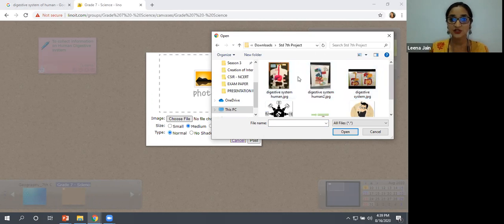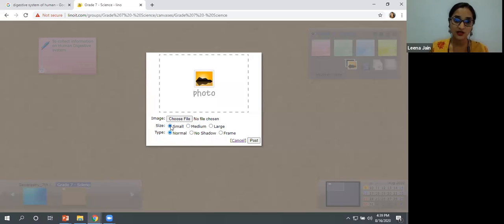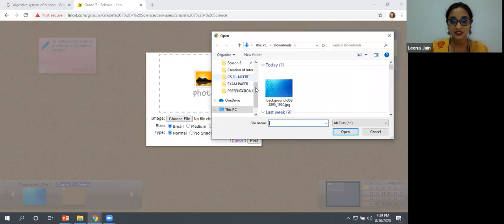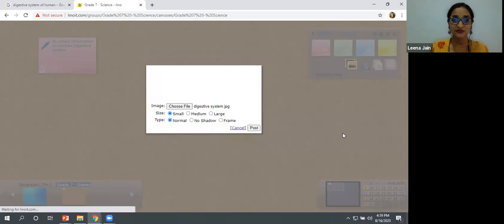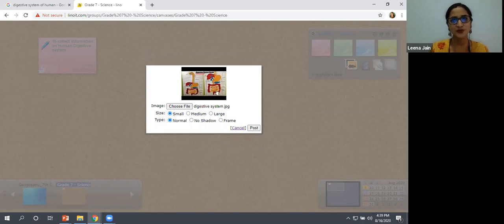Here, I want my students to refer to these images or pictures which were made by other students, and I want my students to apply this in their normal life, or make a project which is similar to this. So what I'm going to do first, I will select a small size because I want my image to be quickly uploaded. Okay, from here you can choose again. After going to this folder, I'll select this and I'll open this. Whenever you're using a smaller size, it opens quickly.